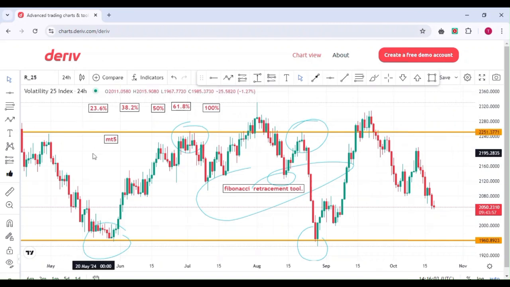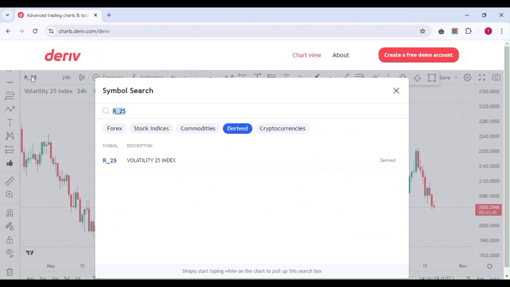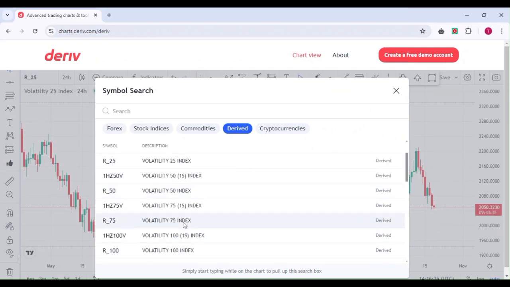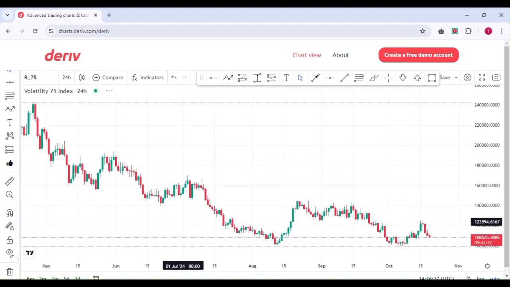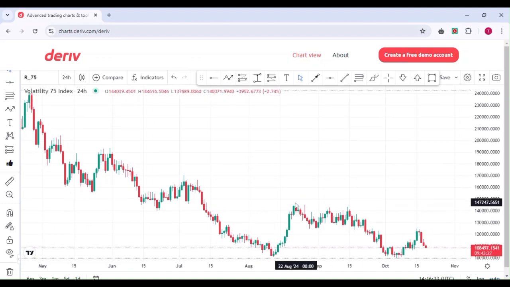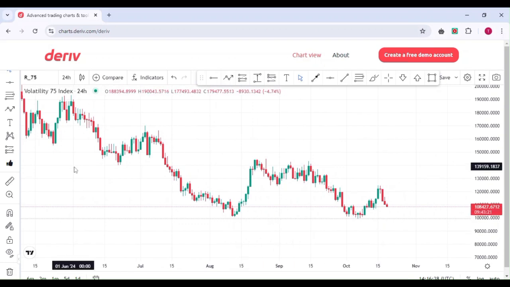So with that in mind, assuming you have logged into your Deriv trading view, and you have your chart like this, you choose any market of your wish. I will be choosing Volatility 75, which most of the traders in Deriv trade. This is Volatility 75 on the daily time frame. And after you search for your market, as I have done,